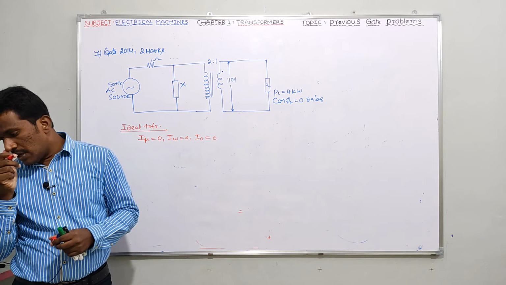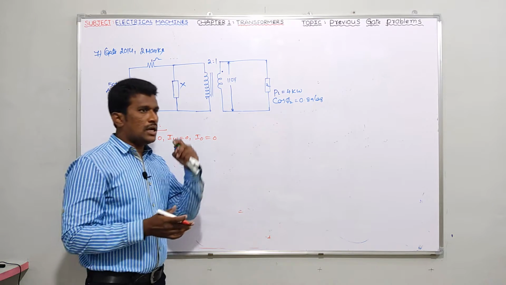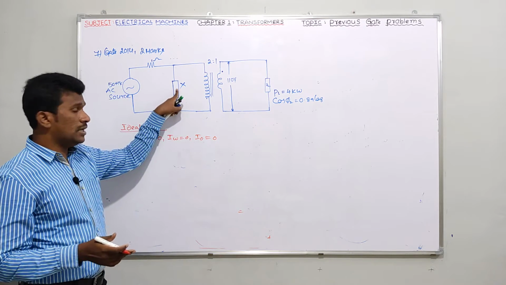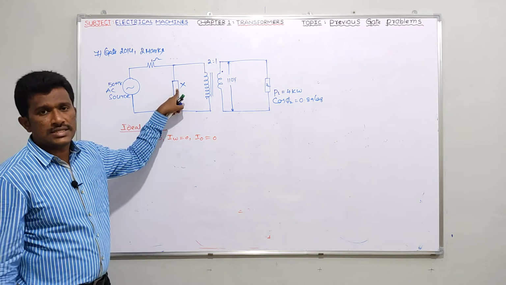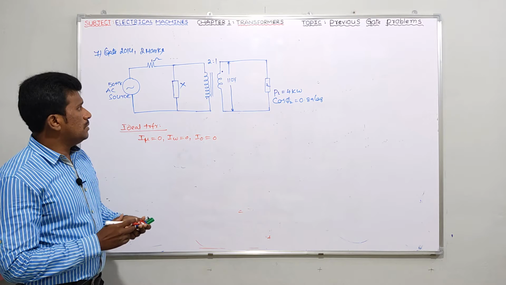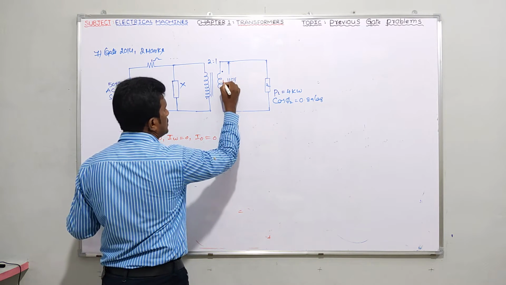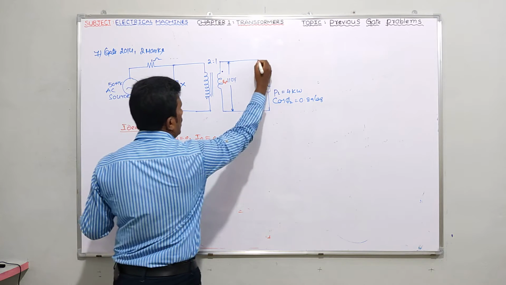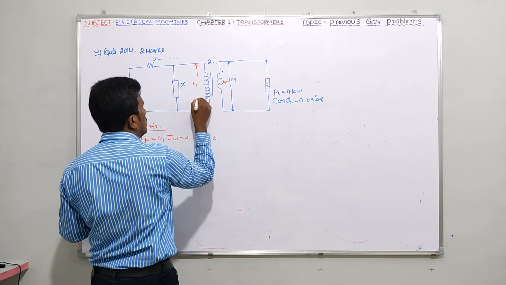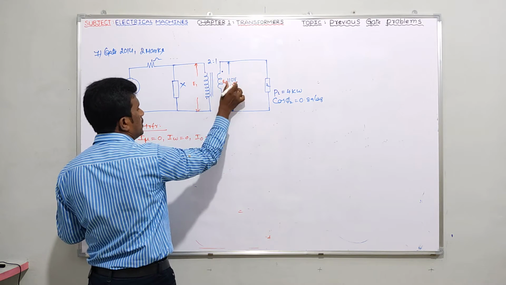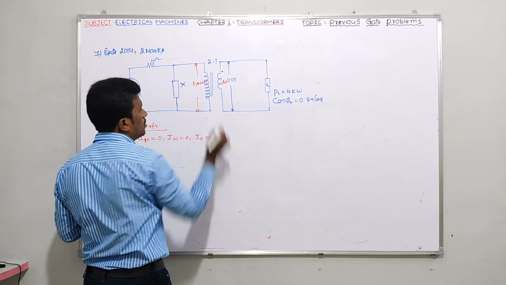The value of the reactance X to improve the input power factor to unity. He is saying, what is the reactance I have to connect here so that I improve the input power factor to unity. Okay, very simple question. Please try to understand. Before that, you tell me, if E2 is 110 volts, what about the E1 value? It's a 2:1 transformer, so if E2 is 110 volts, then E1 is 220 volts. Yes or no? So 220 volts only.